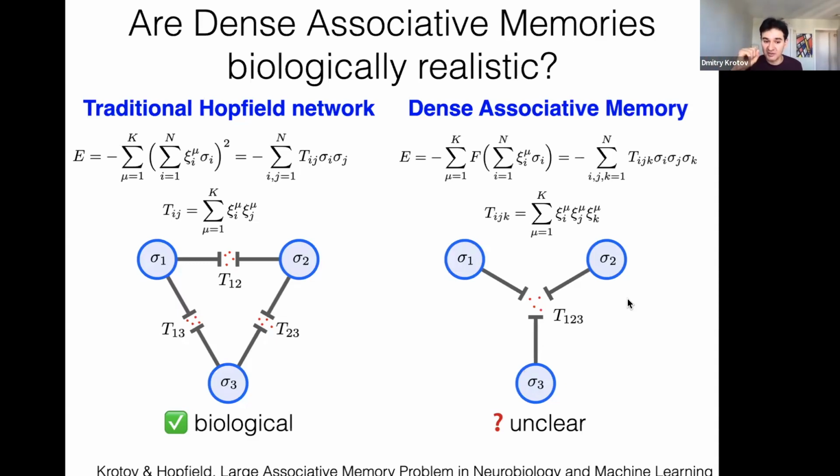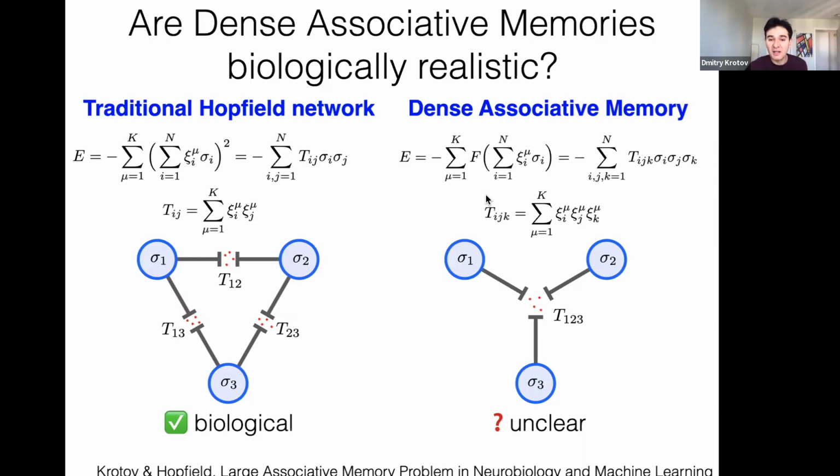They connect three neurons. Now, imagine that I go from a cubic function to a function of power 5. Then I would need to connect 5 neurons together. If I go to a function with the power 1,000,000, I would need to connect 1,000,000 neurons together. And that's, of course, something that neuroscientists are, quite reasonably, uncomfortable with, because neuroscientists would tell us that that's unbiological. Because in biology, most of the synapses are two-body. So how can we resolve this problem?